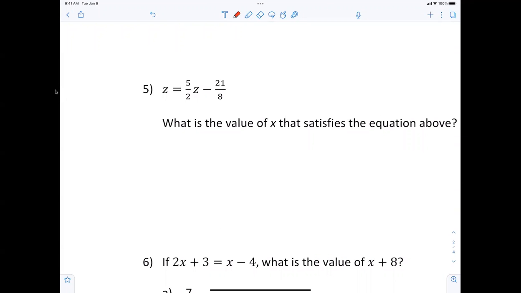Does everybody agree? I really would like the variable to be positive. So in my mind, in my eyes, I moved the 21/8 over here and I moved the z over here. Is everybody okay with that? That way the variable is what? Positive. And if I move the 21/8 over to the left side, it's just 21/8. Does everybody agree with that?